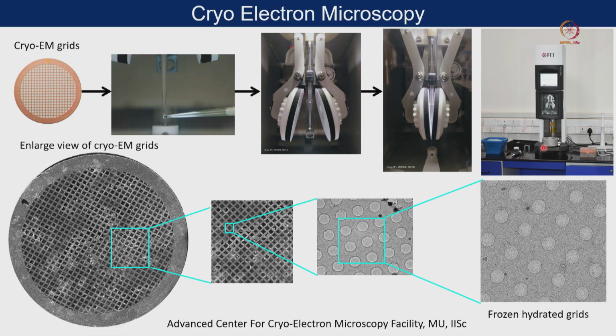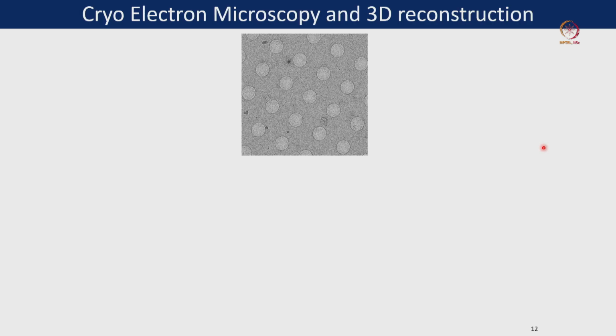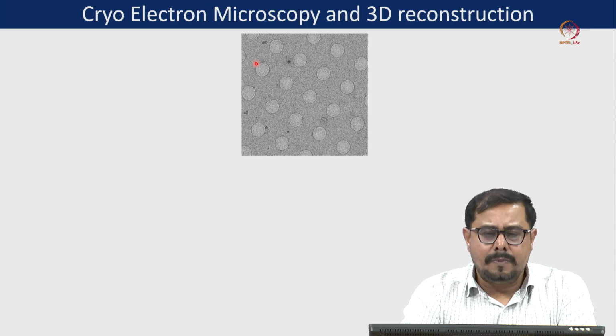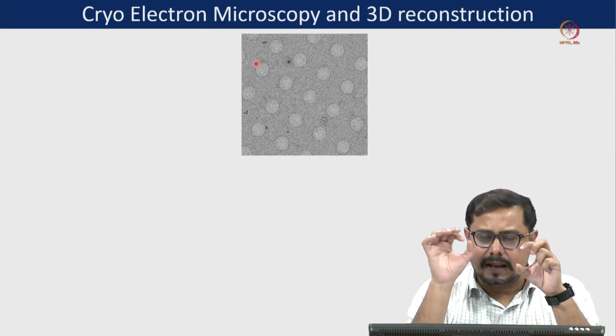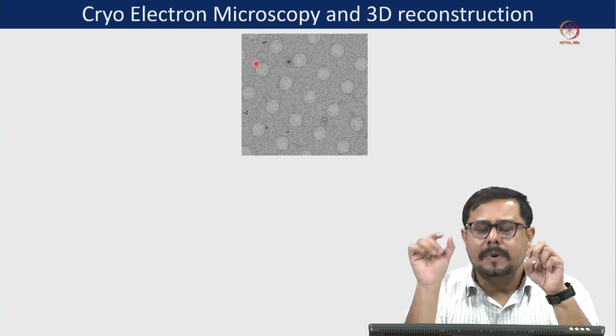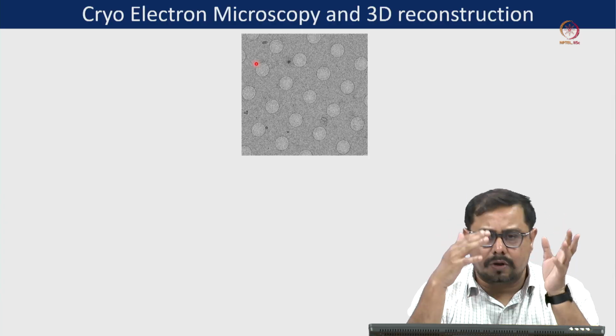Now what is next? We already have a grid, and now consider that we inserted that grid in the electron microscope. If you recall, in the electron microscope we are using a normal cryo holder, or sometimes a cassette. Within that cassette we have a total of 12 grids, and the cassette is inside the microscope in the autoloader, and from that autoloader a single grid goes inside the microscope, and then you can check and screen those grids.